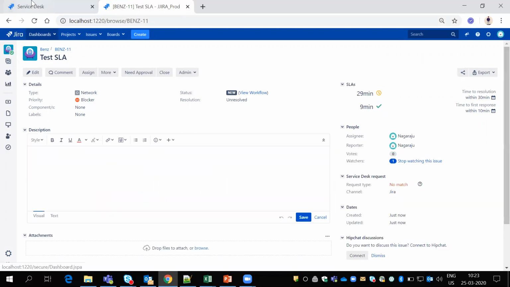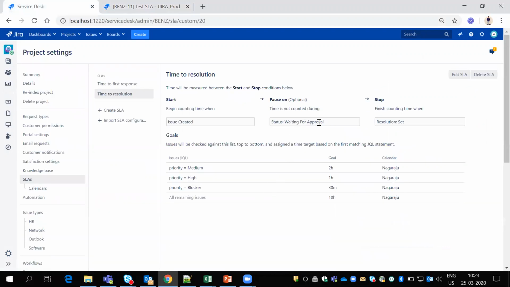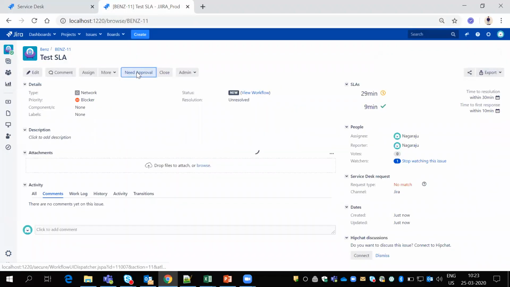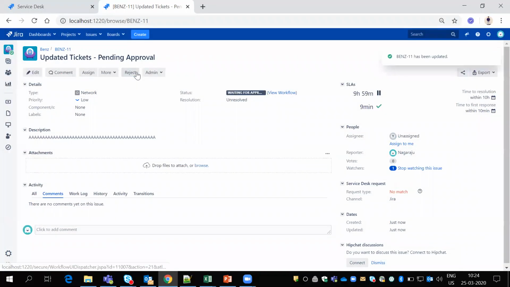Suppose I put something here like when waiting for approval, it should be pause on. So I'll put need approval. So it is paused now. Tomorrow 12:23 p.m. and it matches all remaining issues, run until resolution set. So this is 9 hours 59 minutes. This is low. Okay, in automation we put something like